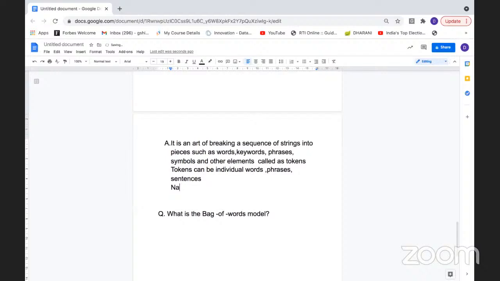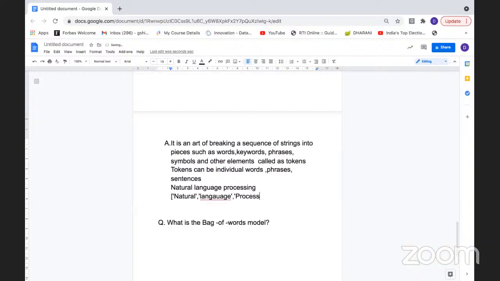But if we say natural language processing, you will have natural as split, then language, then processing. And this is what tokenization does. So using this context of lemmatization, stemming, and tokenization, we should use all this as pre-processing for